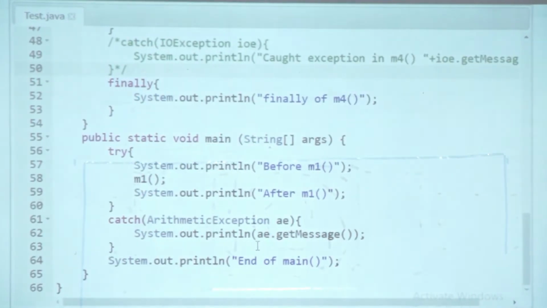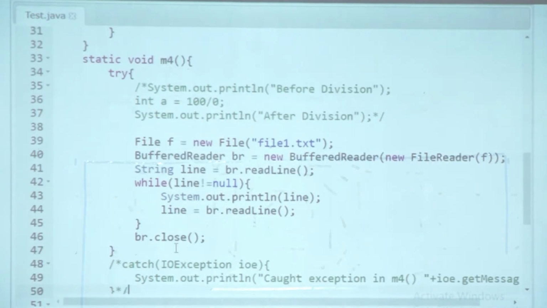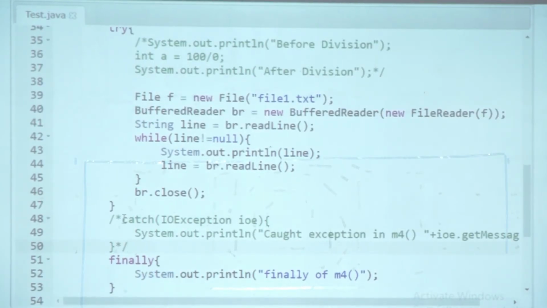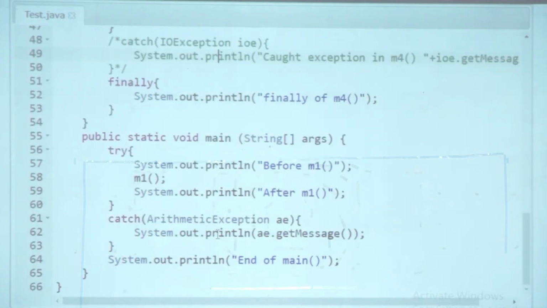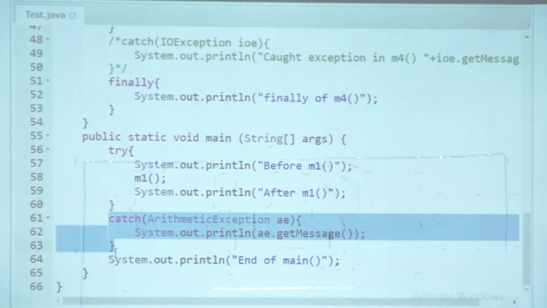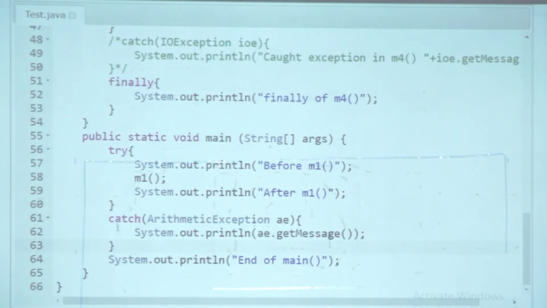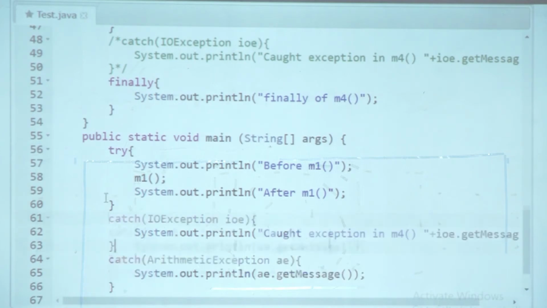So let's put this catch block in main, because I want to allow it to propagate. I don't want anyone to catch it before. So now do it carefully. No, let that be there, doesn't matter. So add one more catch block which you copy from there. Now, catch IOException. Now we will say caught exception in main. That's the only line we will change.